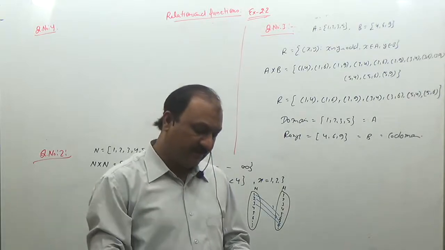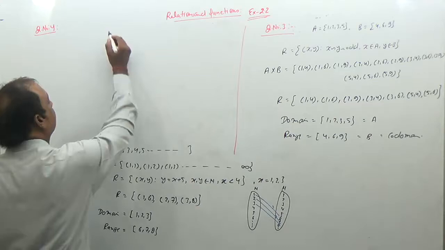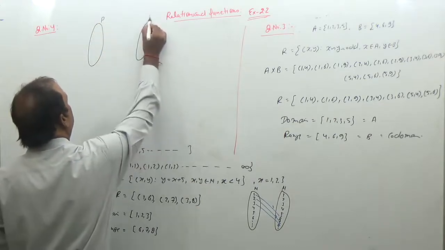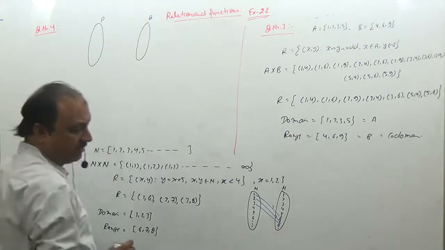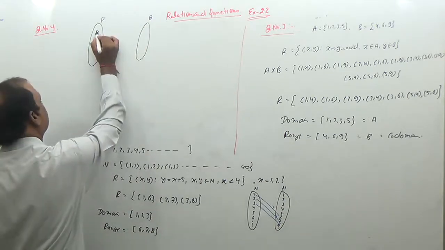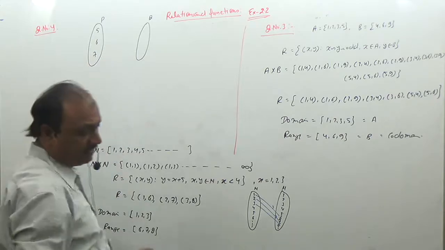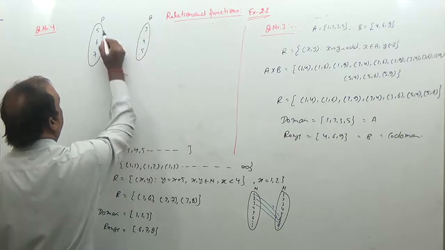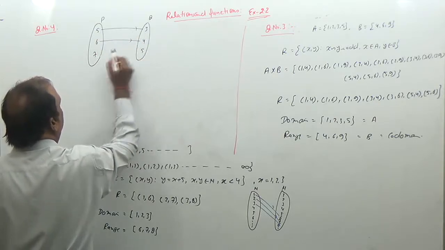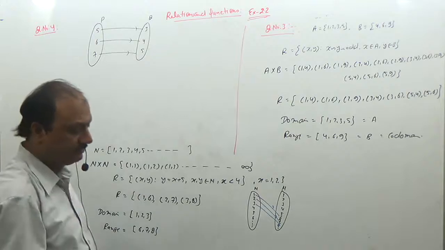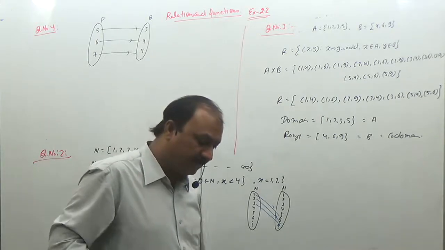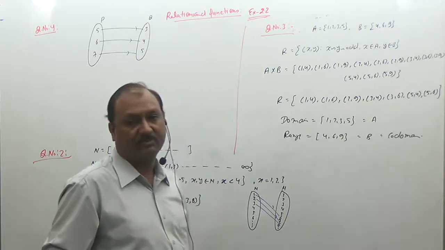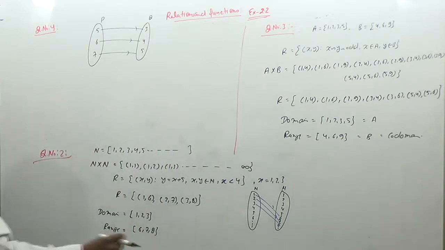There is a given arrow diagram in this question 4, with set P and set Q. There are some elements 5, 6, 7, and there are some elements in set Q: 3, 4, 5. And it is given that 5 is related to 3, 6 is related to 4, 7 is related to 5. The question is to show a relationship between the sets P and Q and write this relation in set builder form. We have to write it in set builder form.